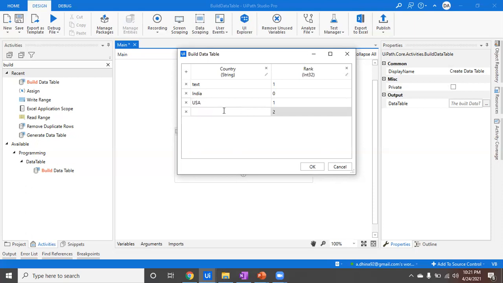Where exactly will this fit in? For an example, I'm saying it can be used if you want to set some sort of index or some sort of serial number to a particular data table. It is not fixed that only the second column can be created as an int data type. You can switch it anywhere. If you want to create the rank as column number 1, that's also possible. So there is no restriction in placing the position in the data table, right?